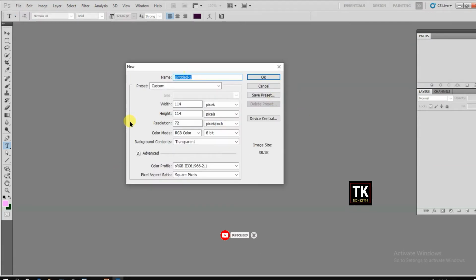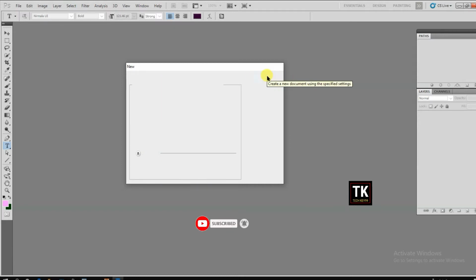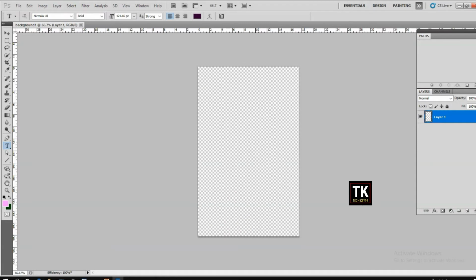And type here background 1, and its width will be 500 and height will be 800. Click on OK. Now press B for brush tool